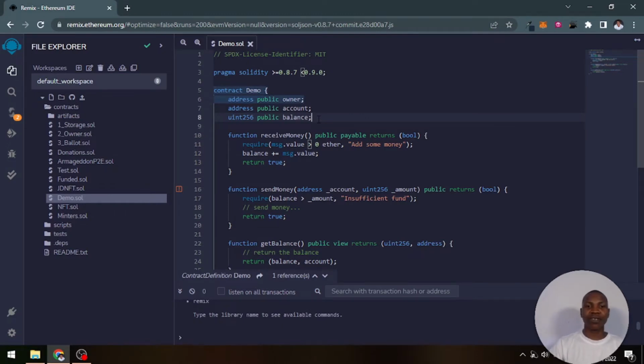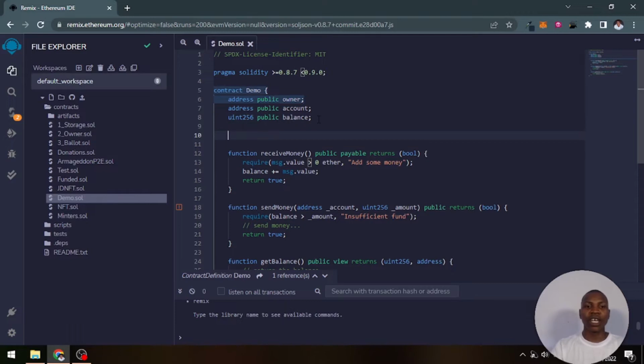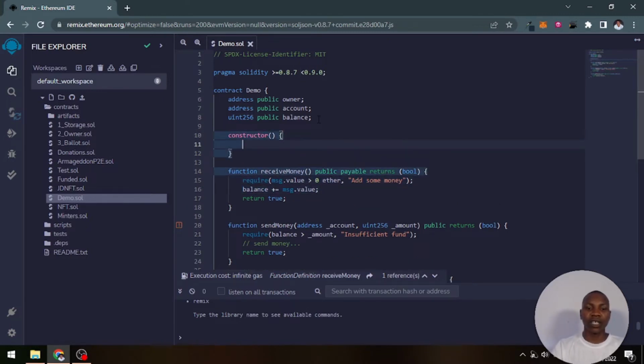So to write this, here is a constructor function, and let's say the owner is equal to msg.sender. Now this is the owner of this particular smart contract, and